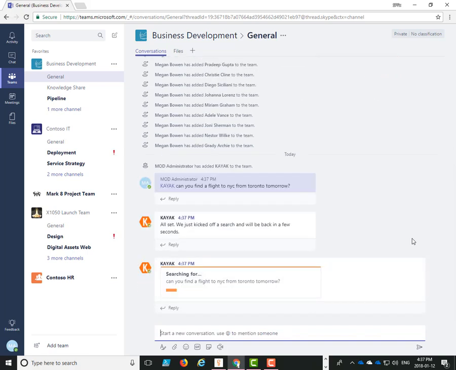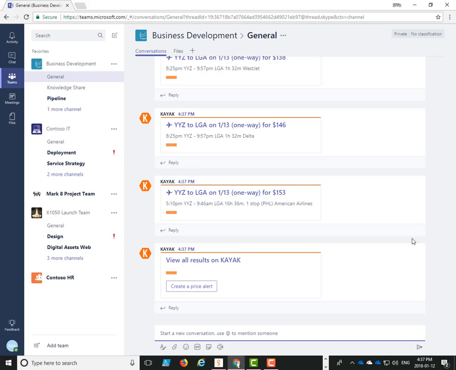What Kayak does is it takes the information, tries to interpret it, and then it will come back to you with an answer within a few moments. As you can see, the bot has come back with a number of possible options, and then depending on the bot that you're integrating, you have the ability to perform other actions such as click on it and book the trip directly from the bot, or create any sort of alerts, for example in this case, where you can be notified. But as you can see, the experience is very simple. It's much more natural than having to go into filling out standard forms or having to contact somebody else to do this type of work.